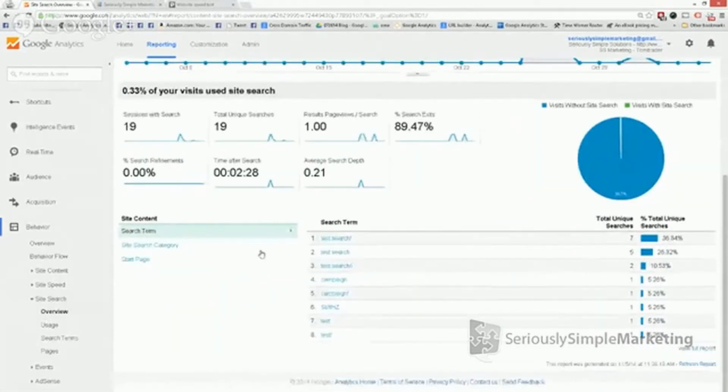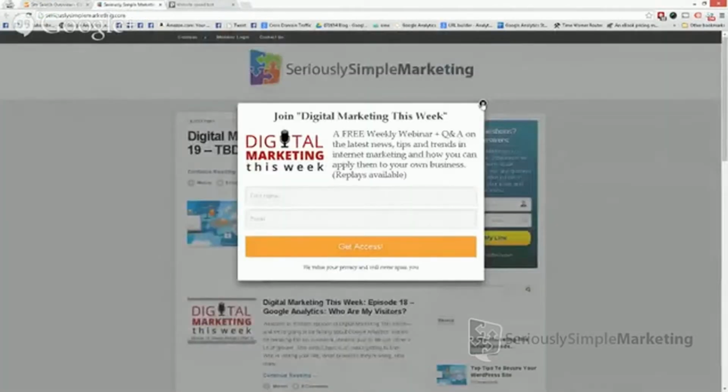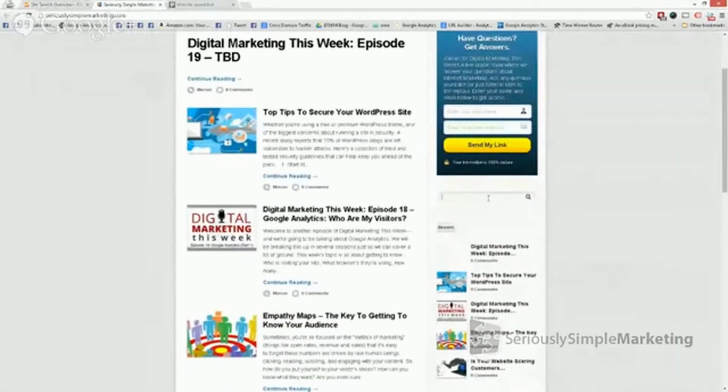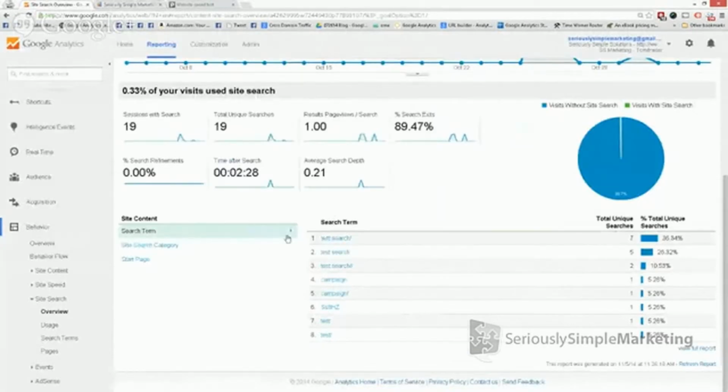And the way that this works is, I'm going to come back to Seriously Simple Marketing here for a second. If you come right here, we've set up a little search box. We basically just did this as a test. We don't use that, but you could do a little headline, and we probably should put it up here or in the header. But here, people can search for stuff. So if you want to learn about analytics or whatever it was, you can search and then WordPress will do its little thing. So what happens is that those search terms actually will come through here.